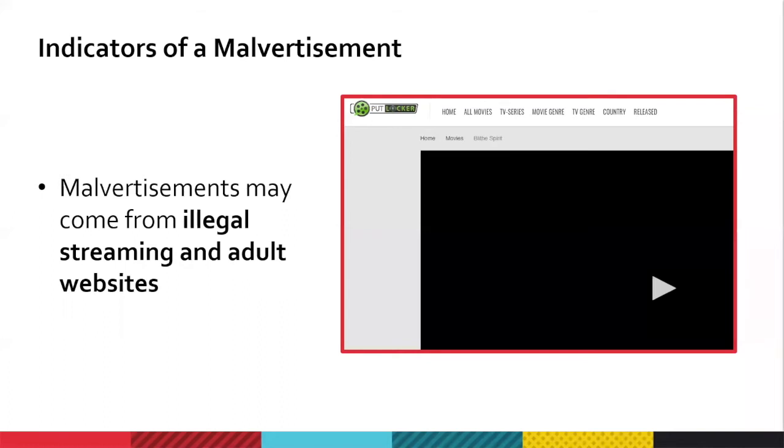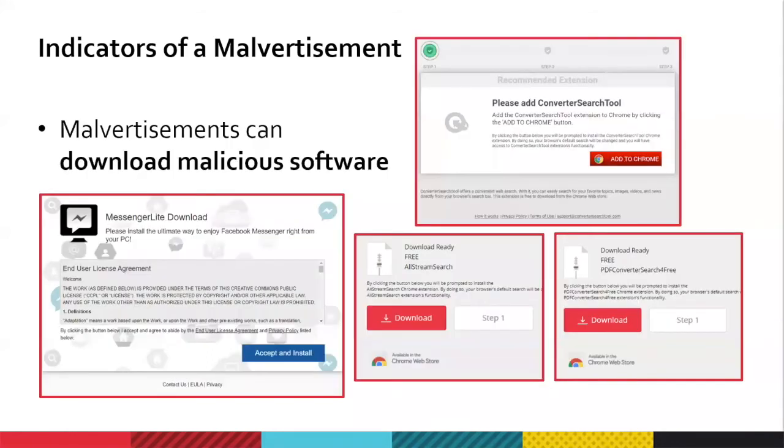But the most dangerous indicator of all is that, of course, malvertisements can download malicious software, or what we call malware. You can see that malvertisements want you to download spoof programs like Facebook Messenger or install suspicious Chrome plugins that can look very templated and copy pasted.